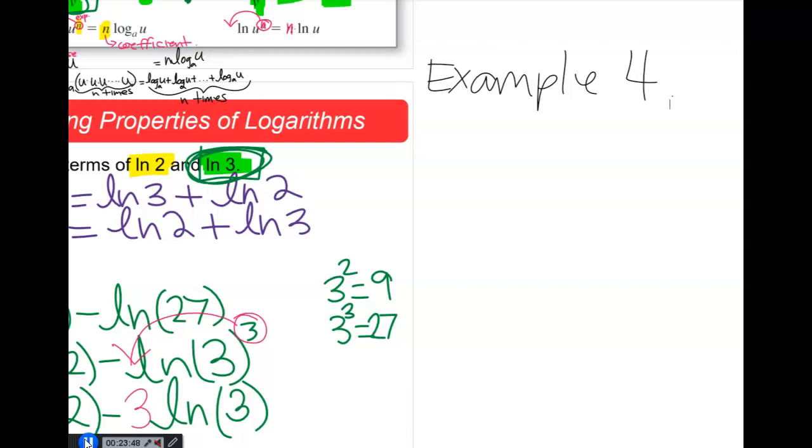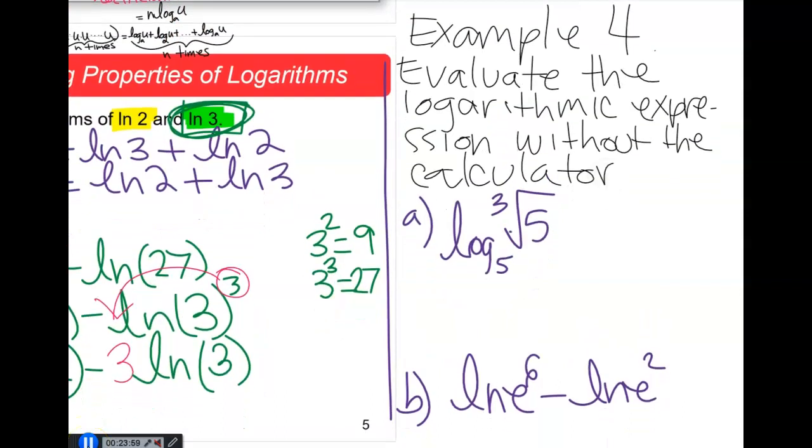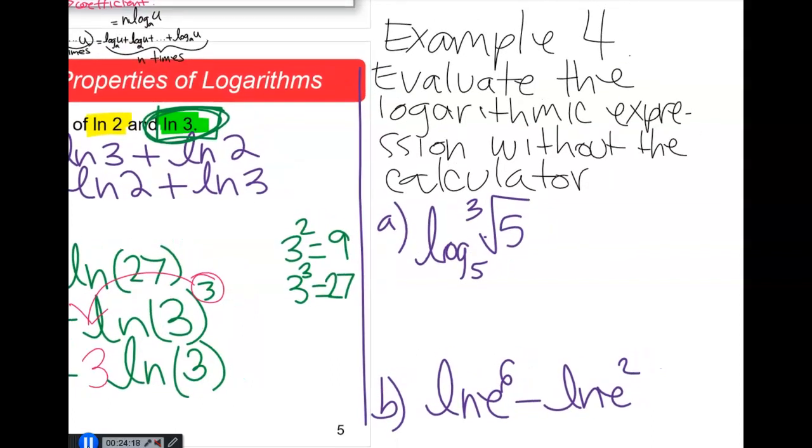We're going to do 2 examples of evaluating a logarithmic expression without using the calculator. So for example 4, we're going to evaluate the logarithmic expression without the calculator. We're going to use some of the properties that we learned in the previous section, 3.2. And what we're going to do here is try to change the cube root of 5